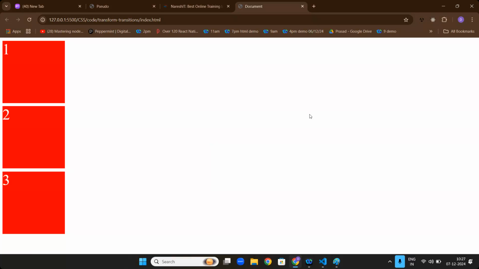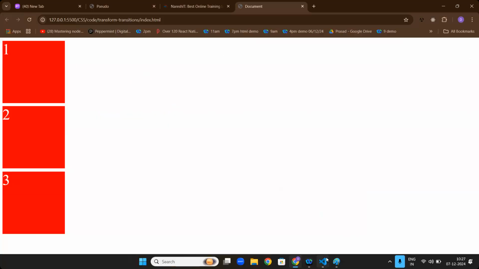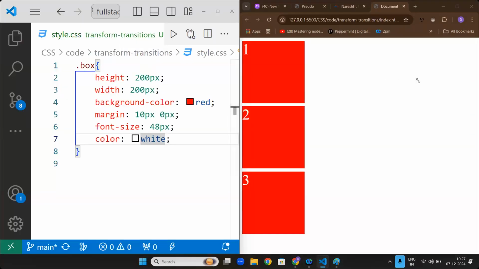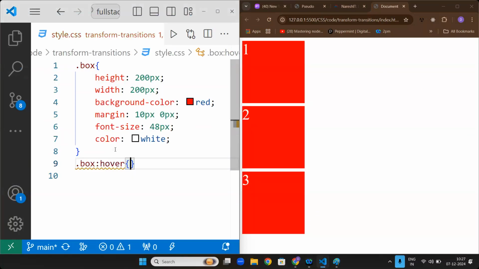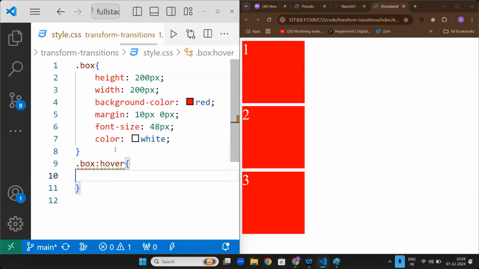Now let's discuss the transform property quickly. Very simple. This is one property, but mostly used for effects, like what you have seen on websites such as Flipkart. This effect is used. First, I am giving this effect on hover because if I give it on hover, it looks nicer. Whenever I hover it, I want it to zoom. Then give it here, transform,